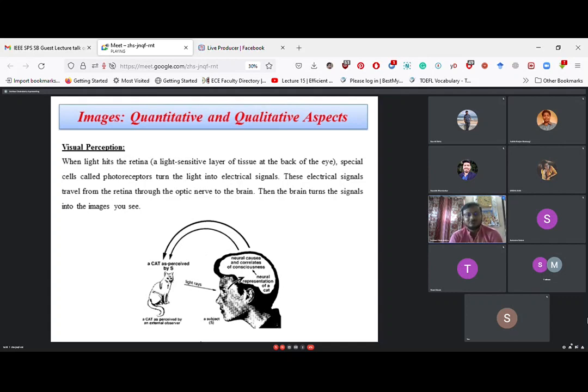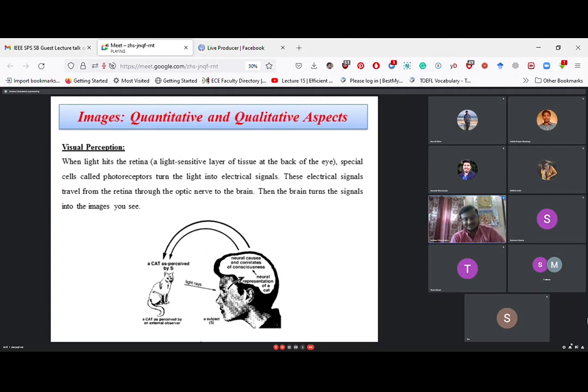From the image, light rays come into our eye and cause neural excitation, and we can perceive. It is not in this slide, but I would like to say that there are three things in an image that affect the human eye the most. One is the brightness level, which affects the contrast. The human eye can easily perceive contrast. So one is brightness level, another is contrast, and another is luminance.